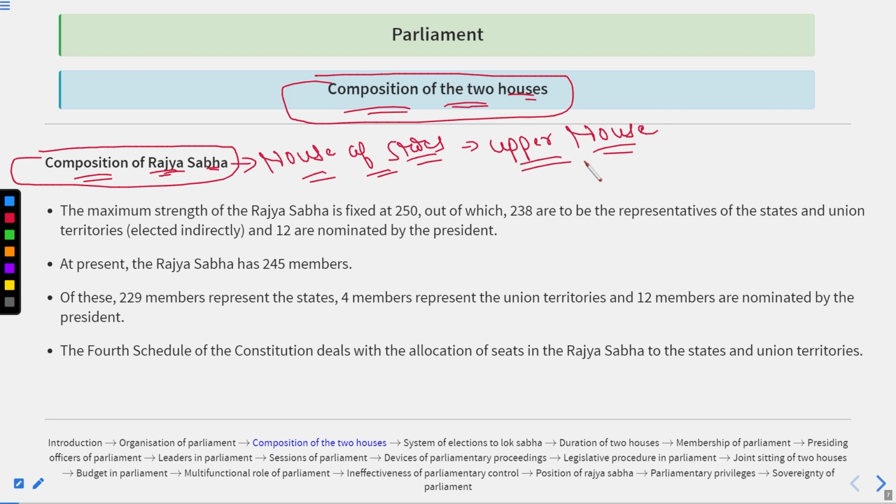So the maximum strength of the Rajya Sabha is fixed at 250. Okay, and then there is a division: 238 are to be the representatives of the states and the union territories elected indirectly, and 12 are nominated by the president. All right,